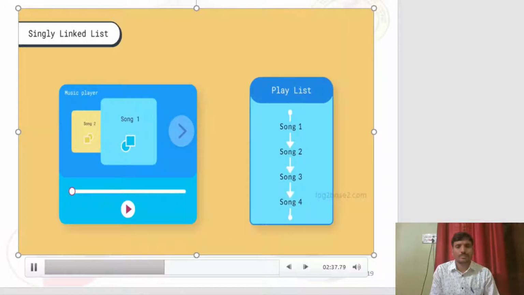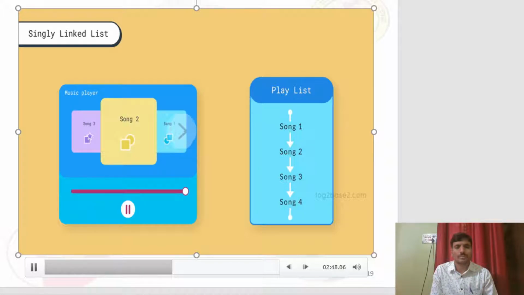See, we all have music player in our phones and will have songs in it. Suppose you have 4 songs in your phone. After playing song 1, song 2 will be played. Then song 3 will be played and then song 4 will be played. Like that. It doesn't stop after playing one song. The next song will be played. So, the songs are connected just the way nodes are connected in a linked list. So this is an application of a singly linked list. In a singly linked list, the nodes are connected in a single way. So we can go to song 3 from song 2, but we cannot go in backwards.